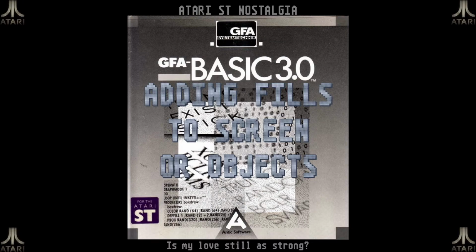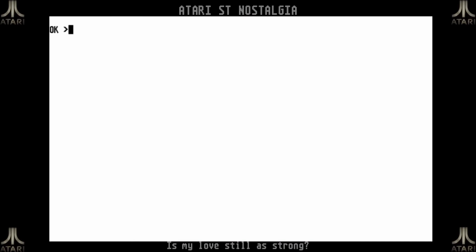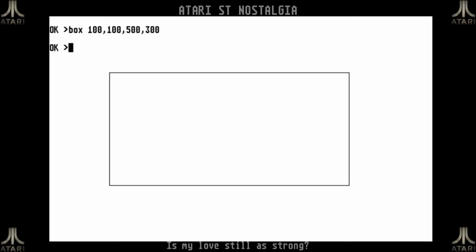So let's go into our editor, and again I started it in direct mode. The screen is clear. For instance, let's draw a box, say from 100, 100 to 500, 300. This is a nice big box, but the box is empty. And suppose I wanted to put a fill in this box and maybe also fill the background screen with something. Now, the Atari actually has some standard fill patterns,